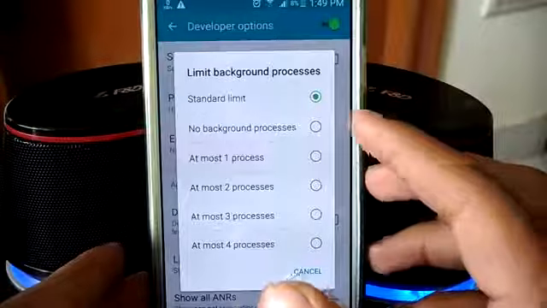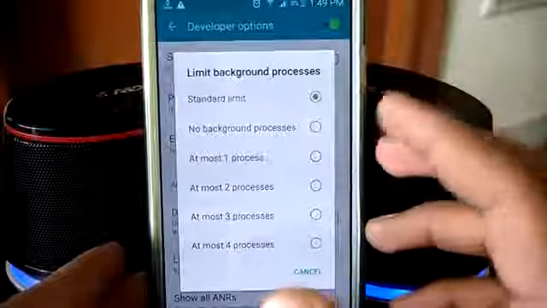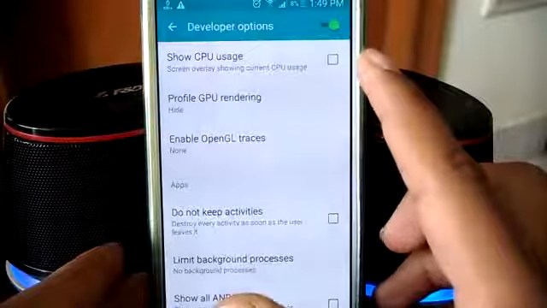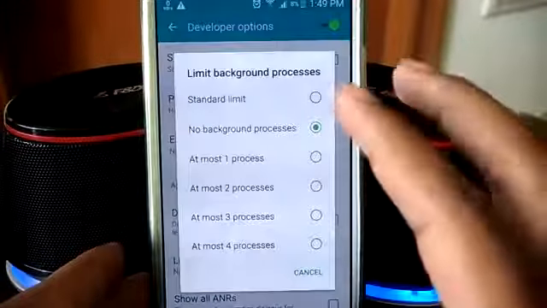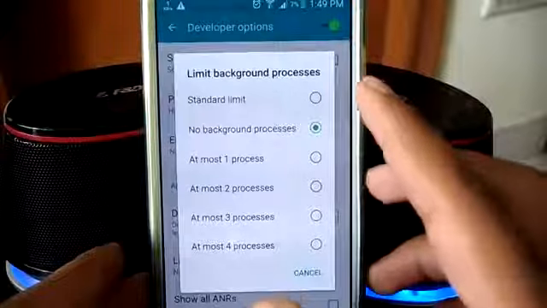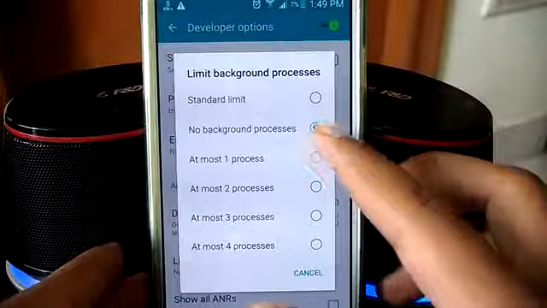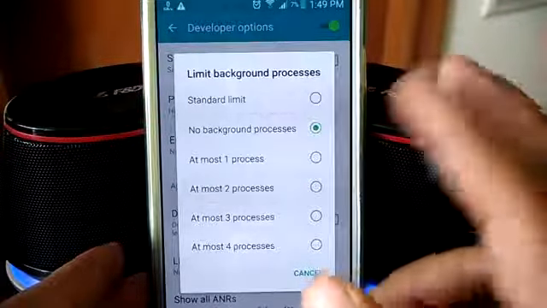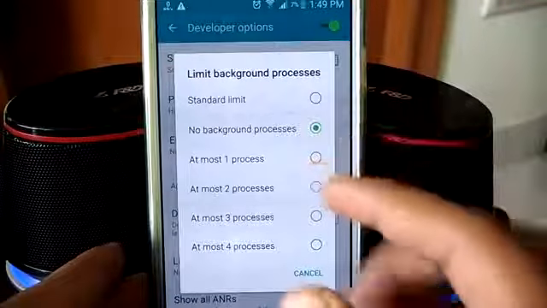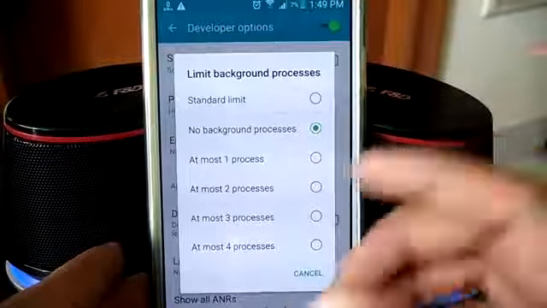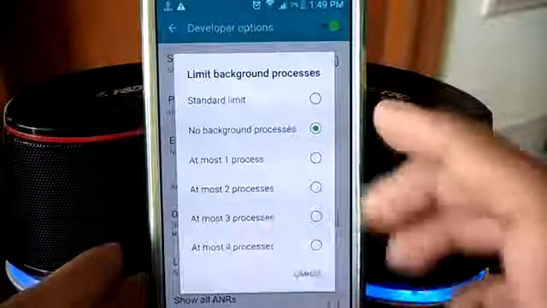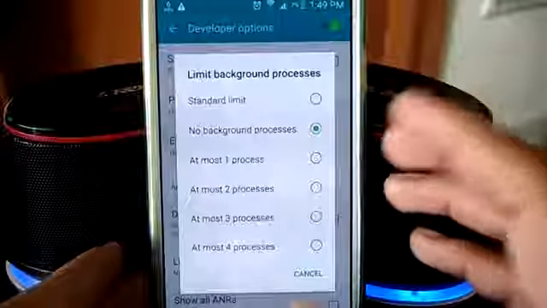Now as you can see over here, the standard limit is unlimited. If you hit on no background process, then no apps will run in the background. You will be only using one app at a time. Similarly, if you set it to 1, you will be using basically 2 apps, one in the background, one you will be using live. And if you set it to 2 processes, the same thing. And if you set it to 4 processes, which I recommend, there will be 4 apps running in the processor